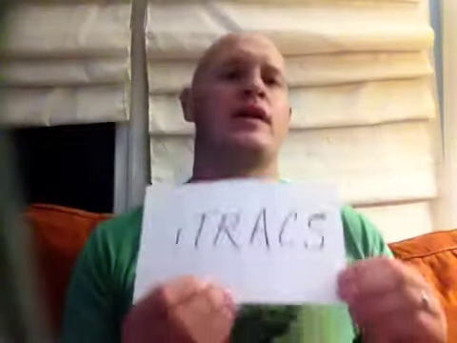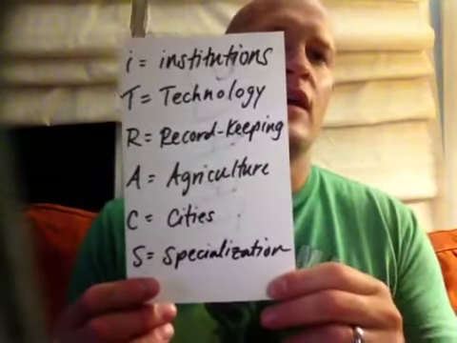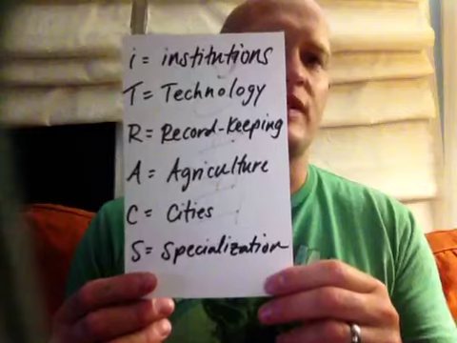Okay, so basically civilizations have six basic concepts, and those concepts I like to put into a simple acronym, as you well know. Many of you have iPhones, iTouches, iPads, or iPods. And so I wanted to create an acronym that you would remember throughout the year, and that would be a simple concept for you. I like to call it iTRACS, as you know. And iTRACS simply stands for Institutions, Technology, Record Keeping, Agriculture, Cities, and Specializations. So let's talk about these.